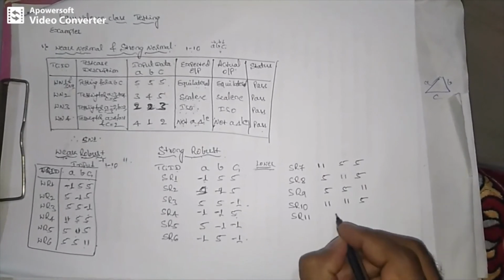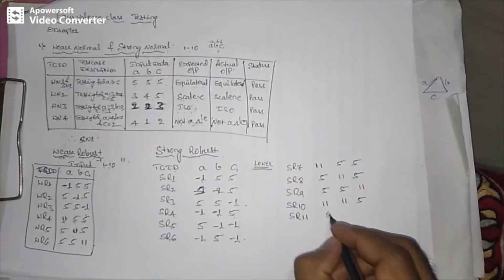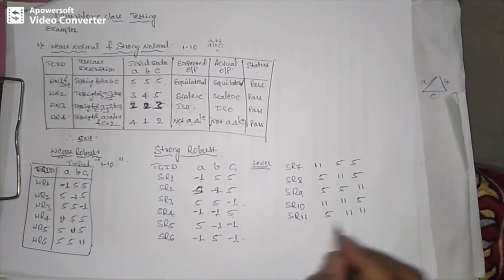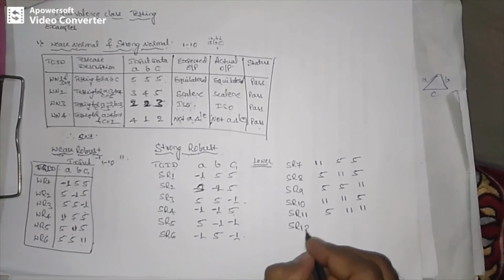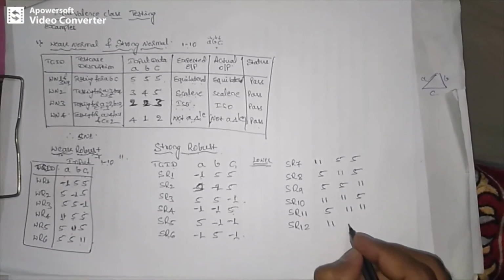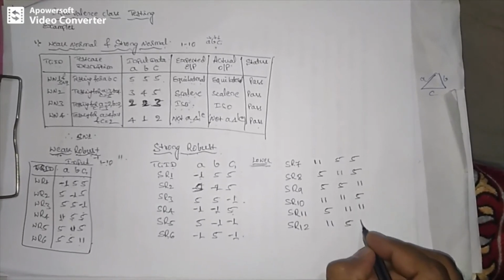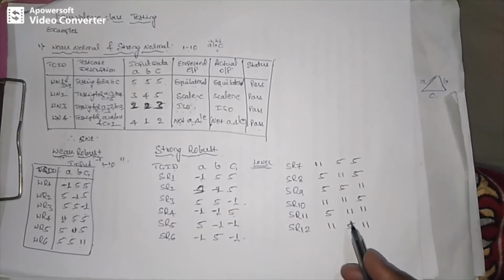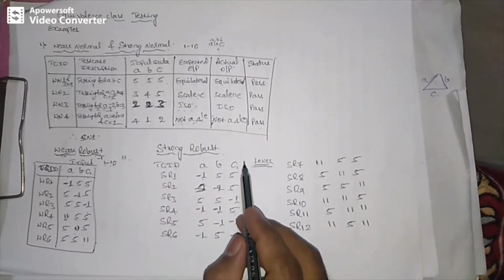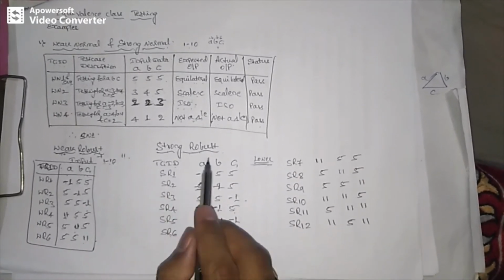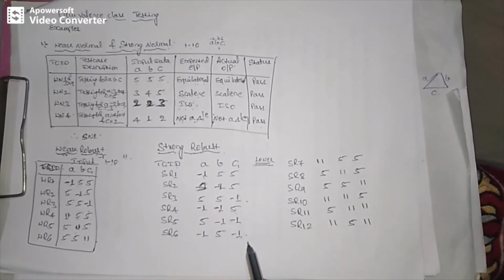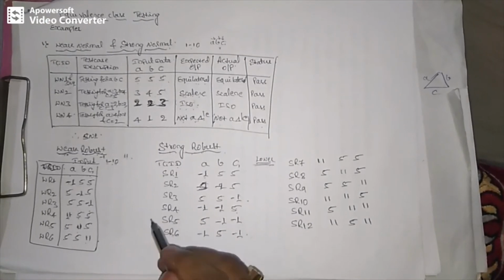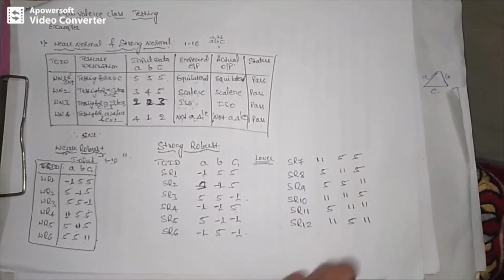SR10, SR11. Next time this will be 5 and these two will be invalid. Next SR12: this will be invalid, this will be valid and this will be invalid. Now this is how we are going to write the test cases for strong robust. Either you mention only the lower corner, if you have covered it, then you can write it here. Only for lower corner test cases we have written here. This is the higher corner. If you are combining both together, then in total 12 test cases you are going to generate.